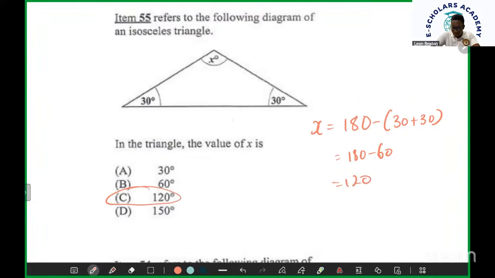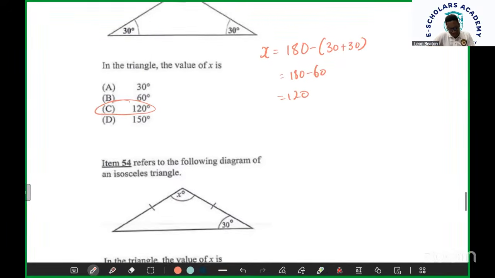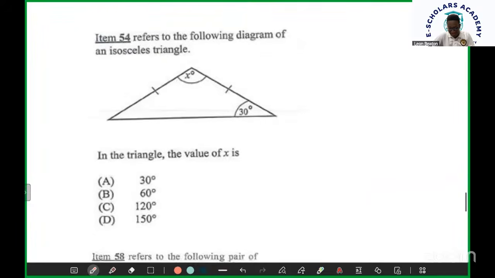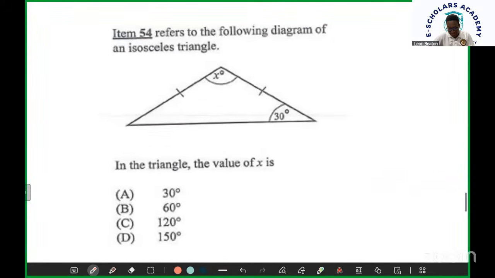Even check: this is 120. Take 120 and 30 will give me 180. This was too easy, eh? This was a giveaway. If you got this one wrong, if you don't understand this one, then... ooh, all right. Tight, tight, tight. Tough. Anyways,